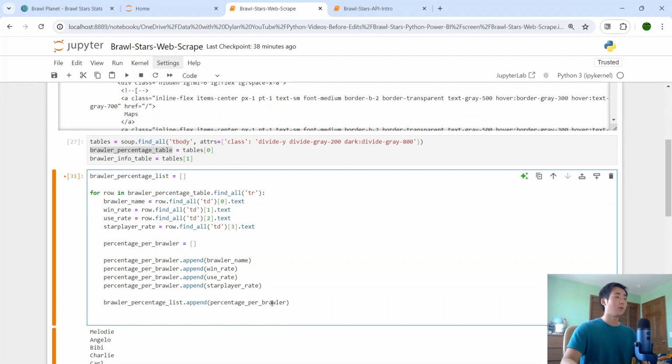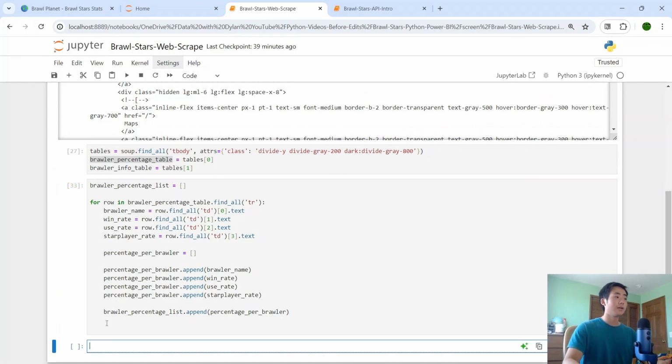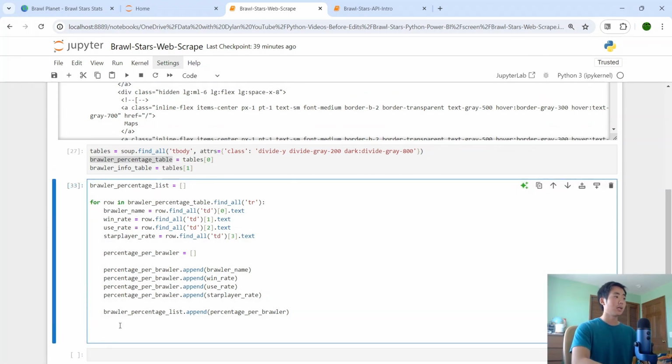And so why am I doing this? The reason I'm doing this is because it makes it a lot easier for me to export it or to put it inside a pandas data frame. So what I'm going to do now is, what should I call this? I'll call this brawler percentage df is equal to